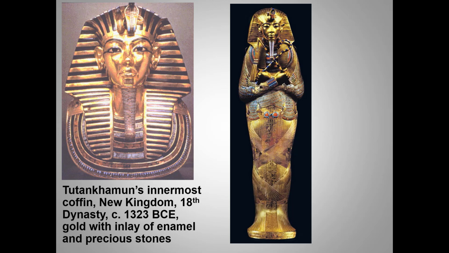DNA studies have revealed that Tut had a cleft palate, a club foot, and that he had contracted malaria before he died, which suggests a weakened immune system. We also know that his father and mother, not Nefertiti, were full siblings. Finally, he was buried with walking sticks that the doctor who examined him thinks he probably needed to walk.